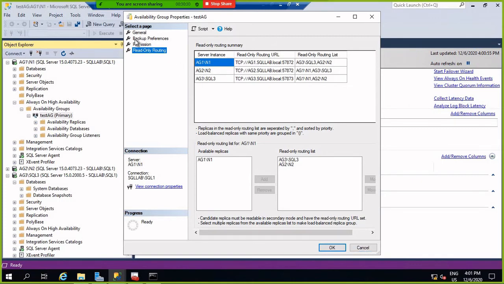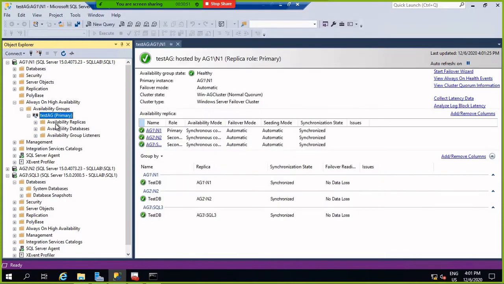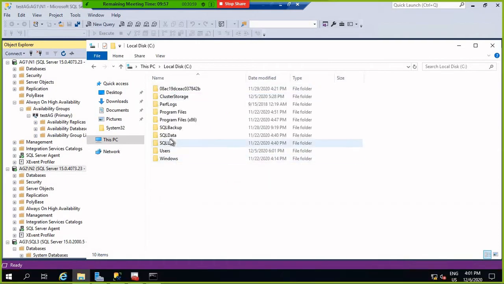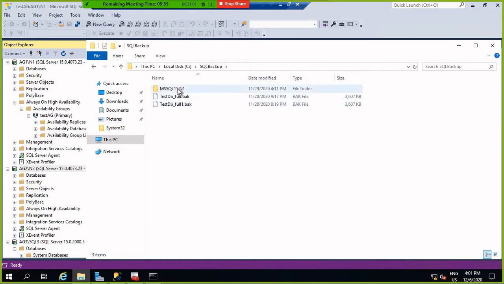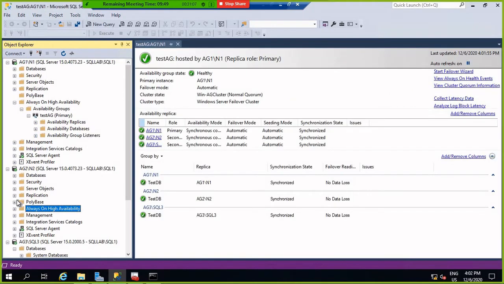And one more thing about the backup. Suppose this is my preferred secondary, I have chosen the secondary. So based on priority, suppose I am starting the backup. The backup location is the same. If you check, the backup location is this one.